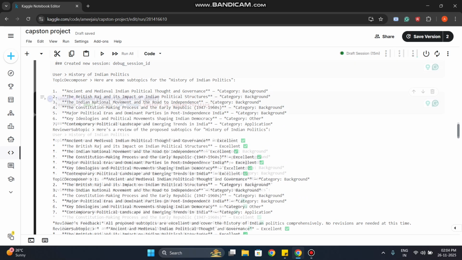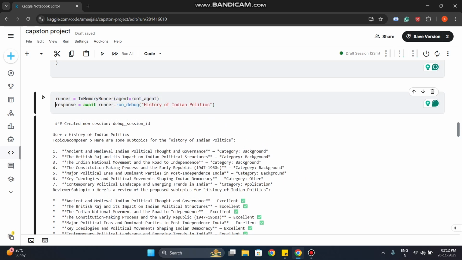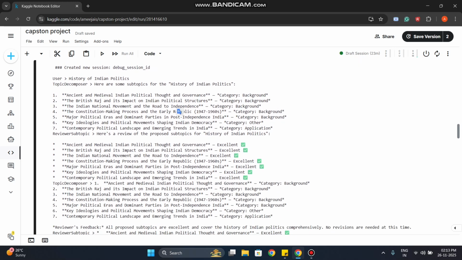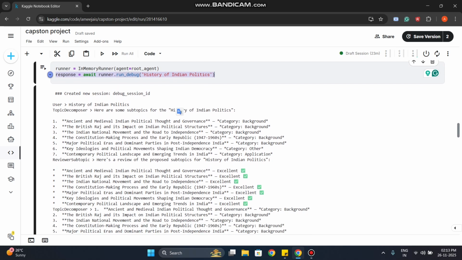and market research, and a root agent. Then we are using a response with an asynchronous technique from Python, where we are using it for more concurrent execution of all the agents to increase the efficiency of agent running. So here we are trying to use the same one topic, which is history of Indian politics, and